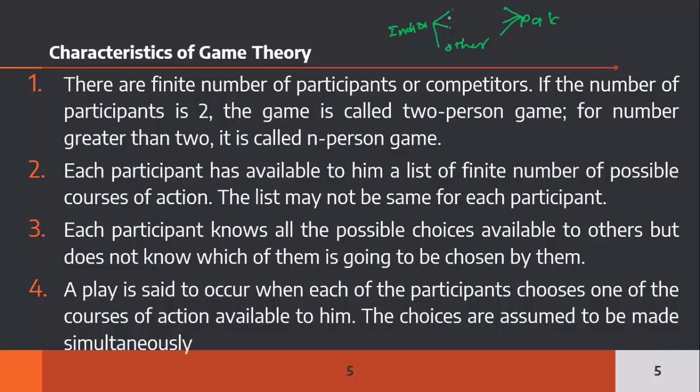When India chooses the particular economic course of action, it will stop the funding to Pakistan, or it will stop exports to Pakistan. So there are two aspects. There may be a loss for India as well as a profit for India. But India should try to take such a course of action that it gets the maximum profit and minimum loss.